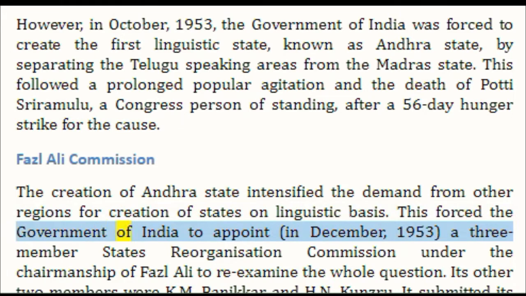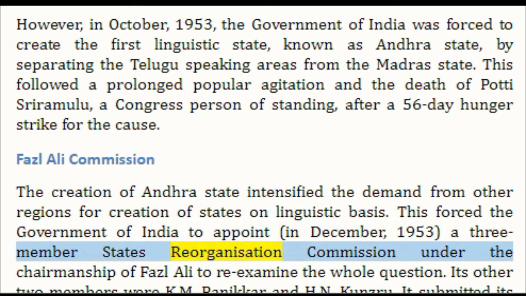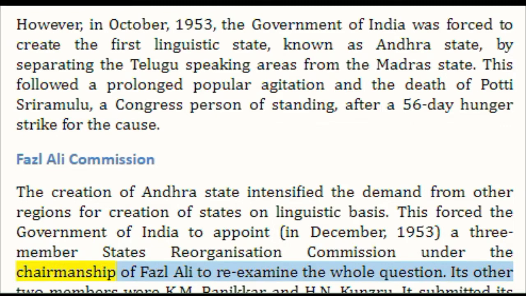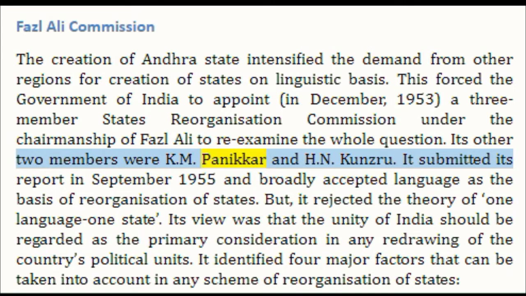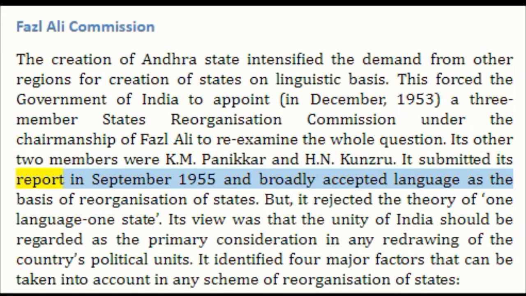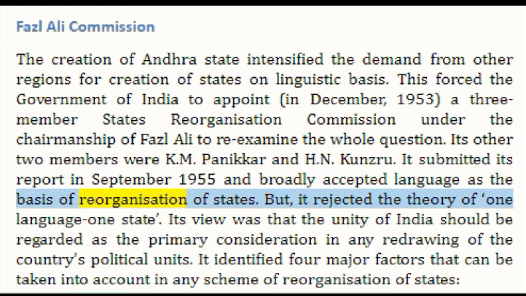This forced the Government of India to appoint, in December 1953, a three-member States Reorganization Commission under the chairmanship of Fazl Ali to re-examine the whole question. Its other two members were K.M. Panikkar and H.N. Kunzru. It submitted its report in September 1955 and broadly accepted language as the basis of reorganization